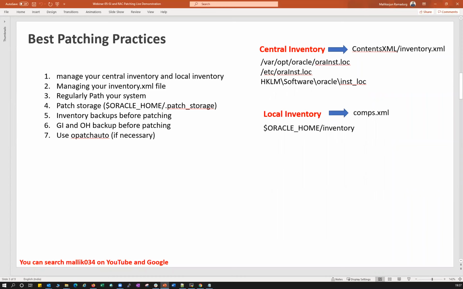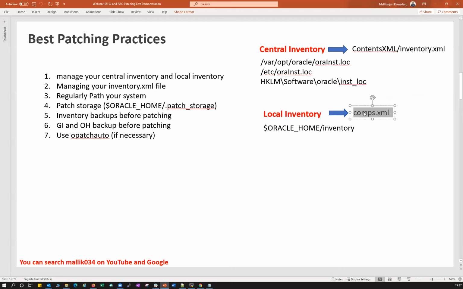As I said, the inventory.xml file or comps.xml file, these are two very, very important files, because once you apply any patch, one-off patch, merge patch, CPU or PSU or bundle patch, whatever patch you apply, everything will be listed in your local inventory files, that is comps.xml and inventory.xml.